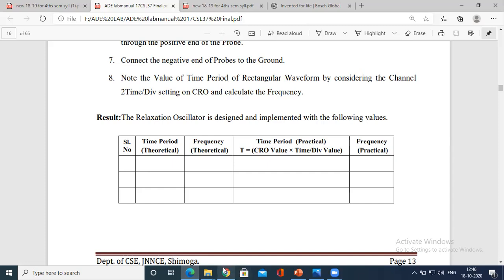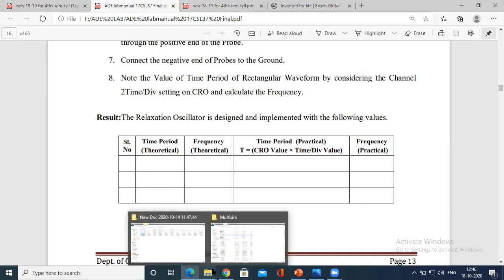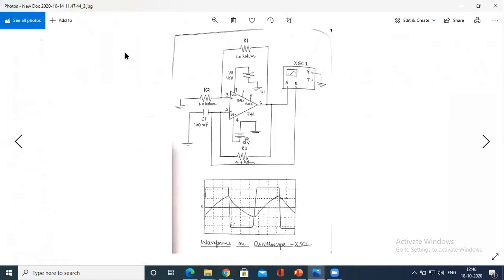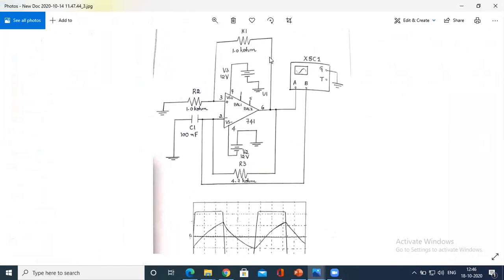So for that, I have a few other slides. Yes, the same circuit diagram, that is 4.7 kilo ohm, the calculated value of R using R1, R2 equals 1 kilo ohm.